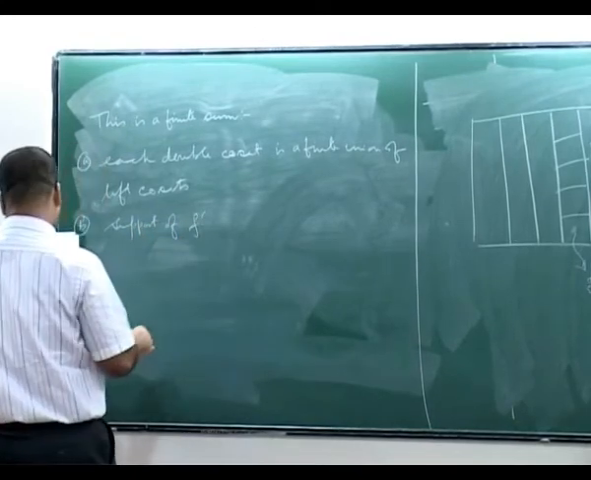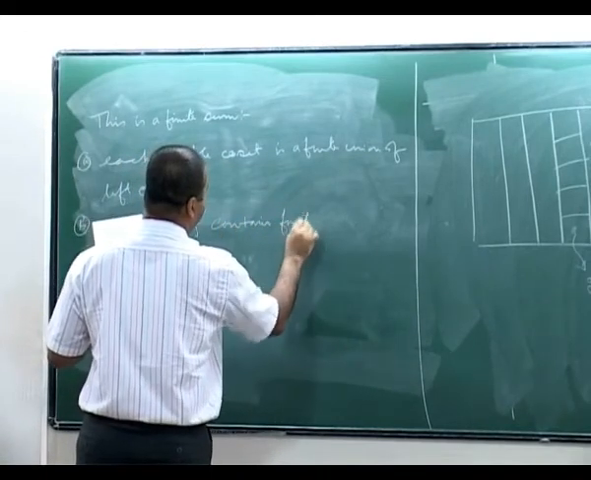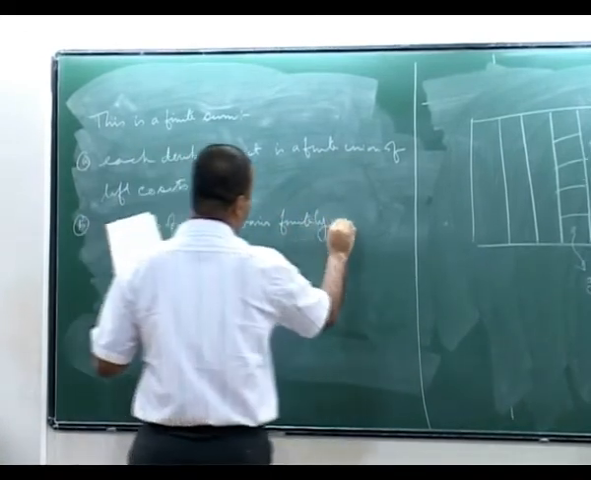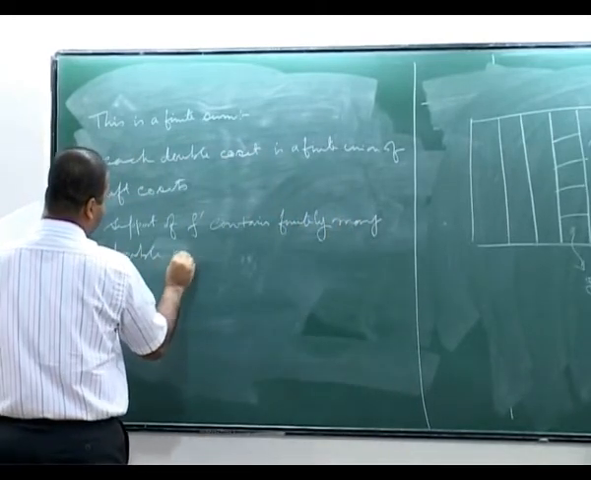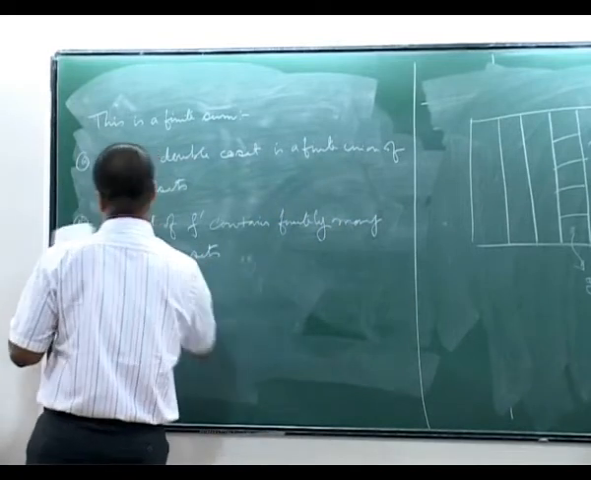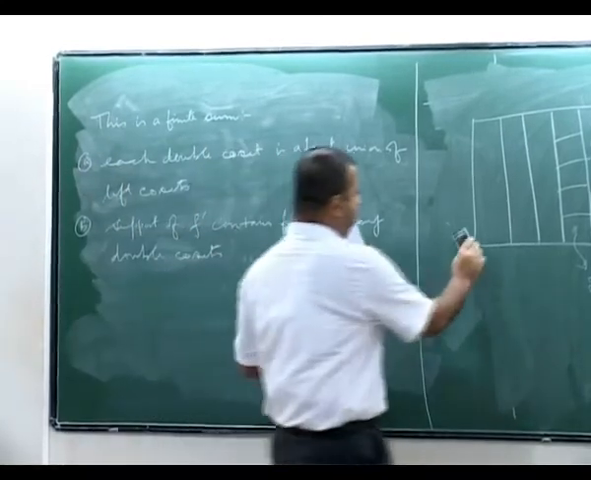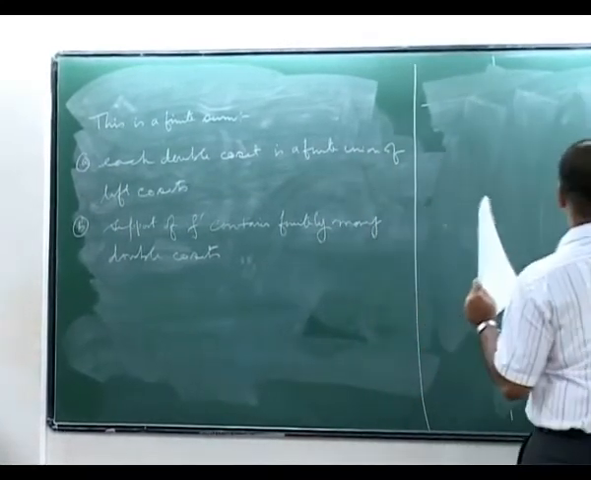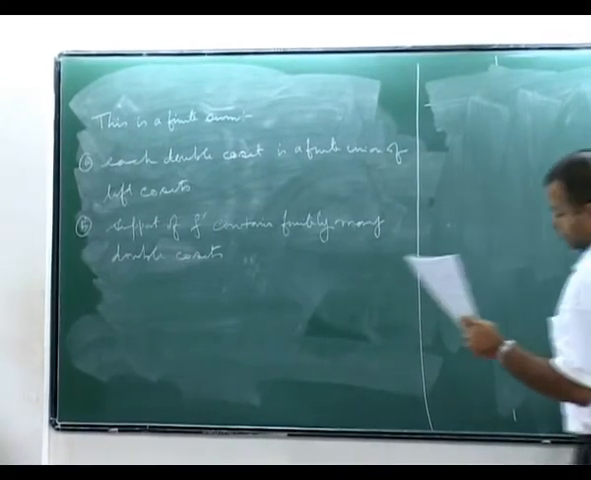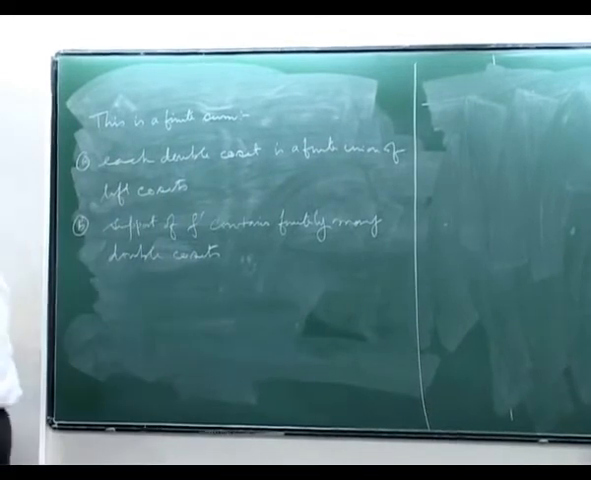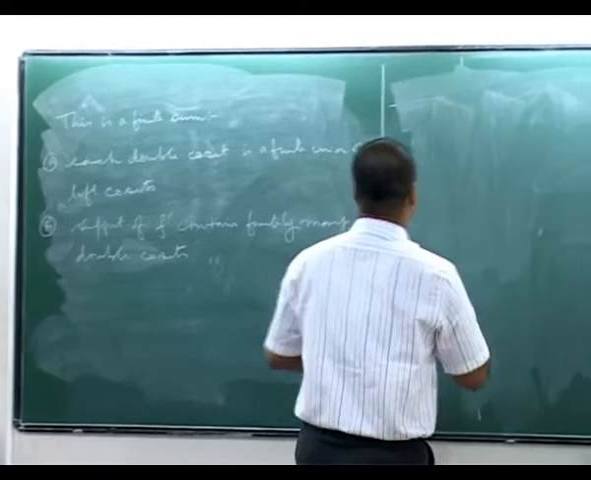And support of f prime contains finitely many double cosets. So these two together imply this is a finite sum, and this is